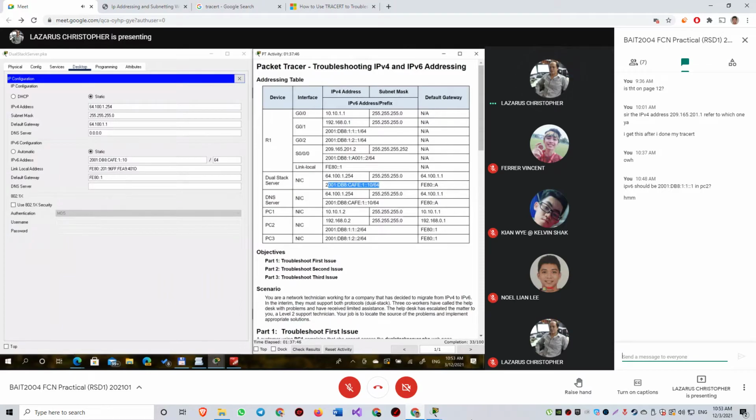You see the problem? It should be A. Yeah, should be A. So that's why even though we ping everything towards there, it is not able to return anything. You send a message to the dual stack server in IP version 6, it will not be able to reply because we misconfigured the default gateway address. The default gateway address we can ping, but our configuration is wrong. So if we fix that,